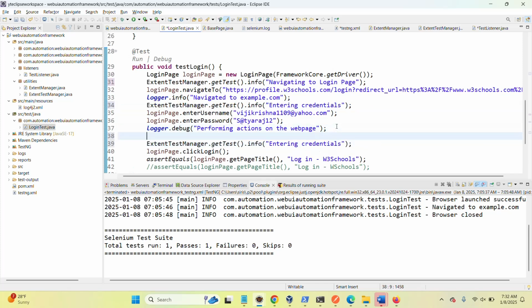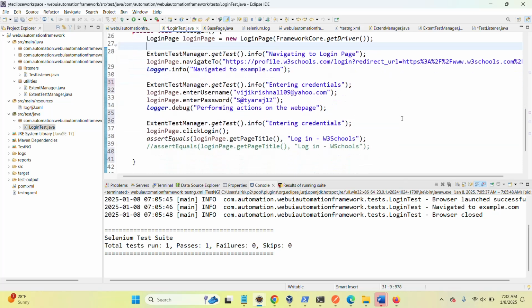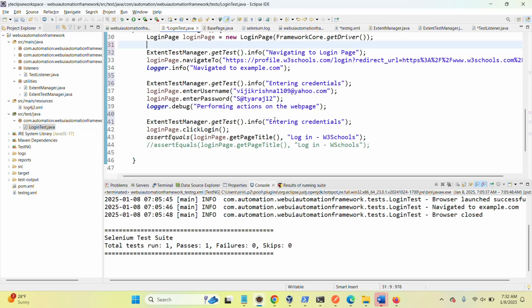So here we'll say maybe submitting the login form. Okay. And then at the end, after the assert statement, we can simply say